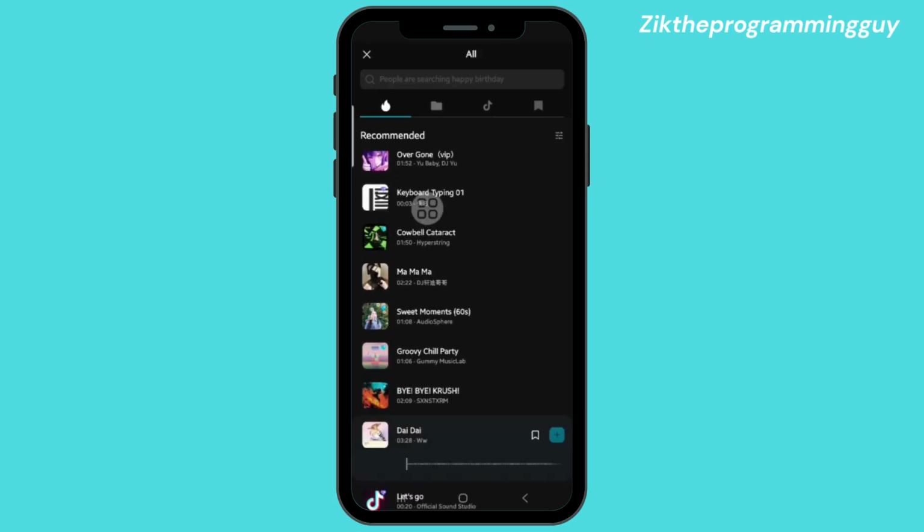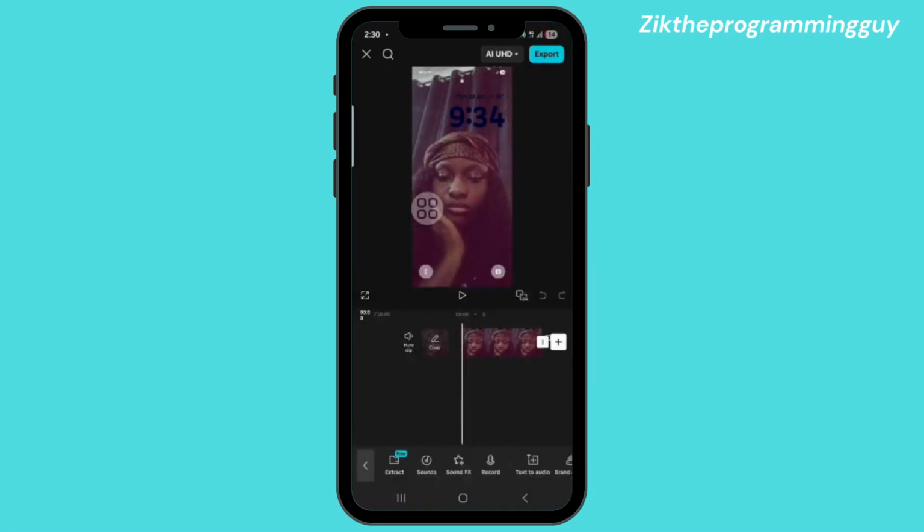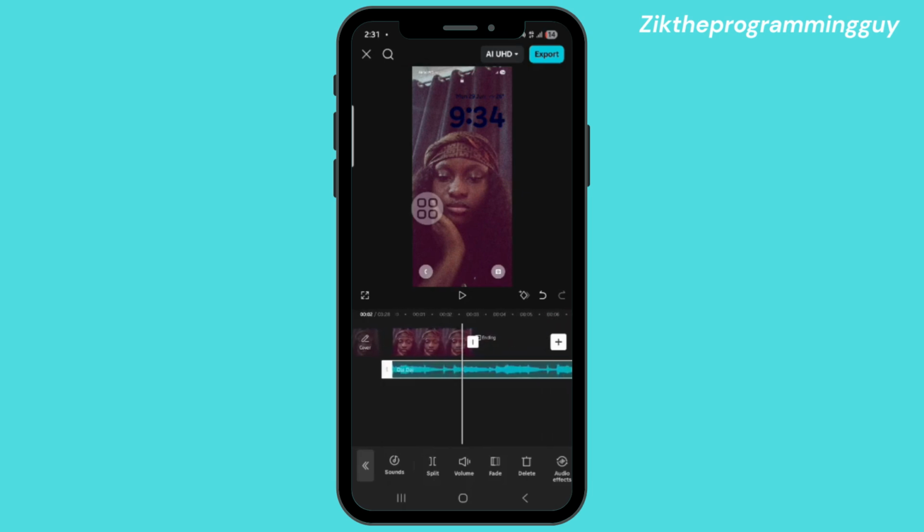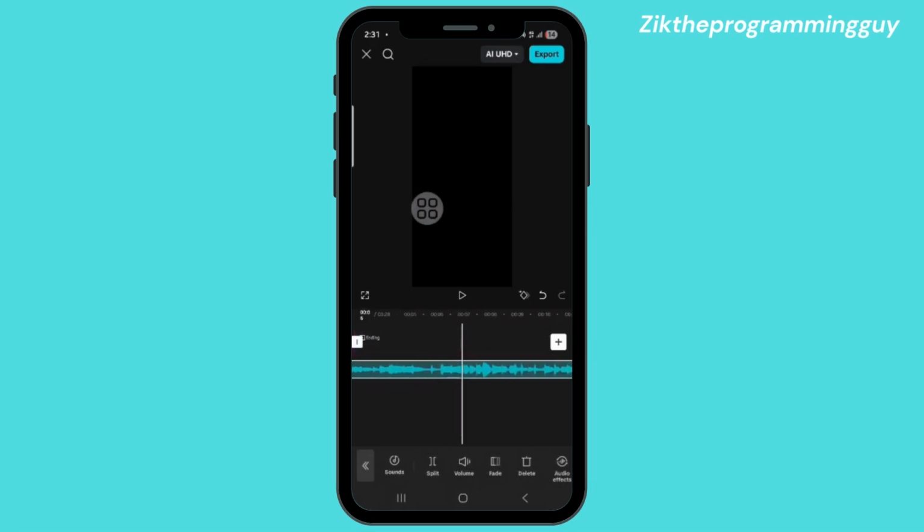So I'm just going to use the sound right here, and you can just decide to listen to the sound, right? So after listening, click on the plus sign and make sure you adjust the sound to the photo. So I'm just going to adjust it. It's very long, you can see it's almost like 3 minutes. So I'm just going to bring it up to where my photo actually stops,